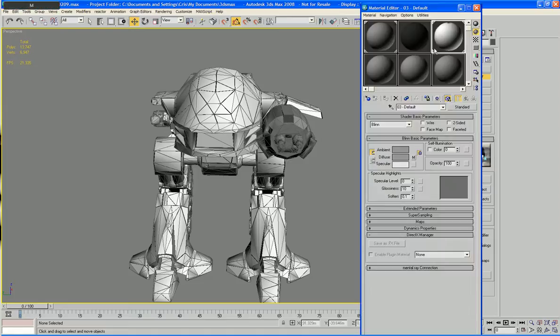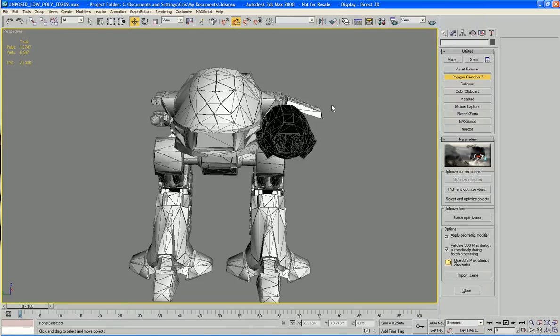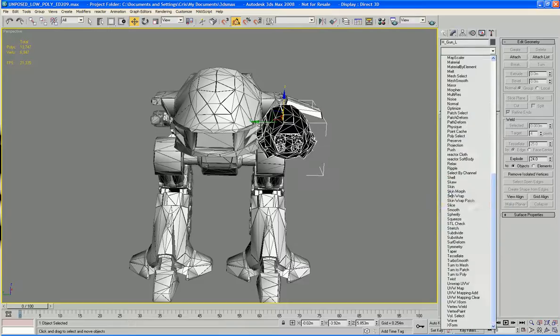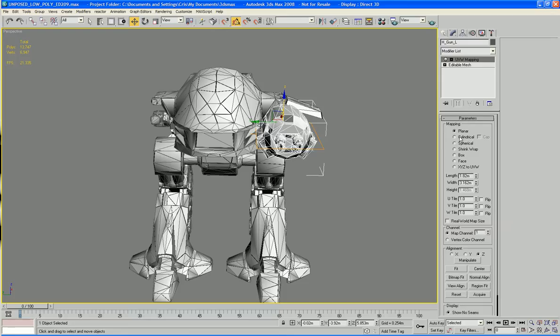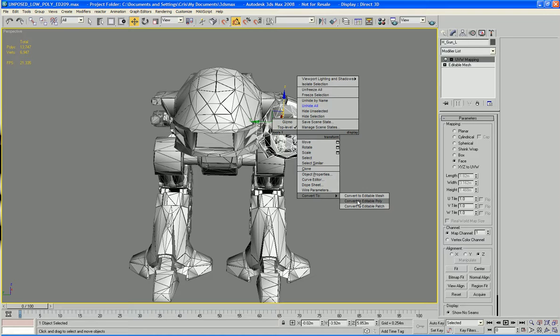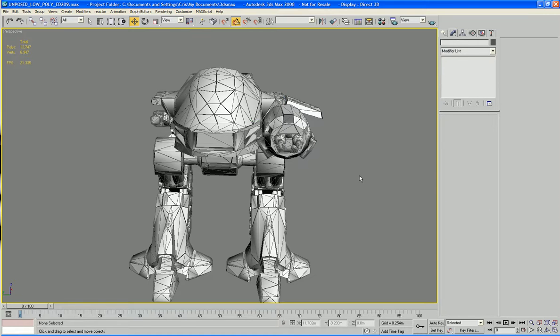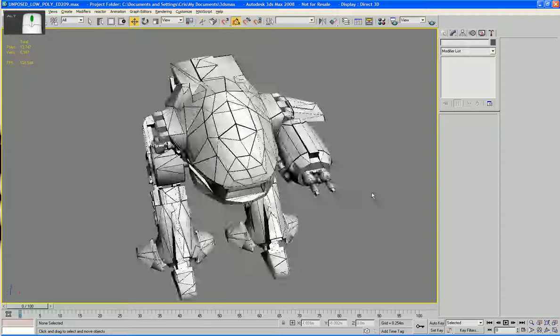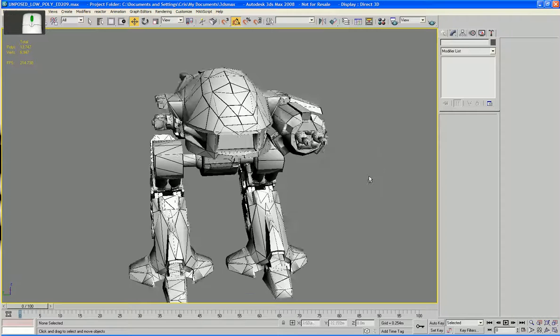What I'll do is just apply this material to it. All it is just a white square with a black border, and it allows me just to see where the polygons are. I'll just turn on face map. There you go. And this allows me to see where all the polygons are and how they're kind of lining up. Okay, so that's the optimization